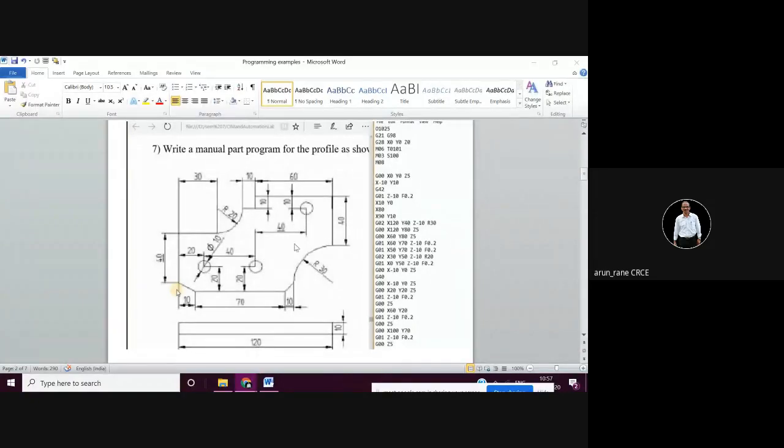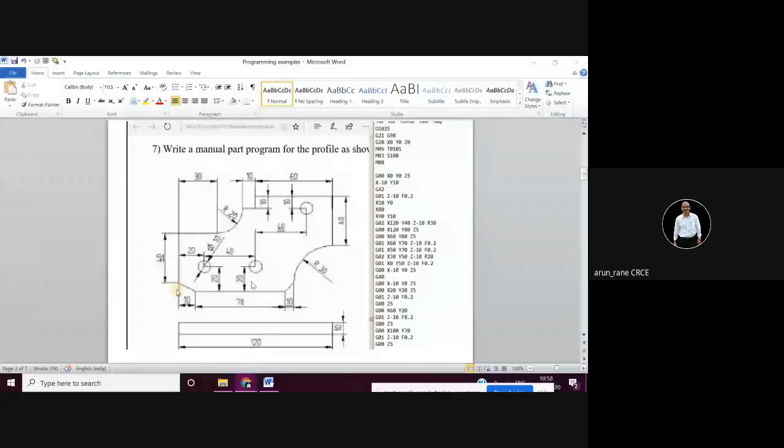Even if you don't write G81, यहाँ पे लिखा है G81, X20, Y20. Here it is not required to write G81 also. You can simply say X60. G81 it will understand from the previous block. Y20 it will understand from the previous block. Z minus 30 will understand from the previous block. Feed also it will understand from the previous block. उसके बाद आप खाली लिखो X100 and Y changing. So you need to give Y also. So X100 and Y70.